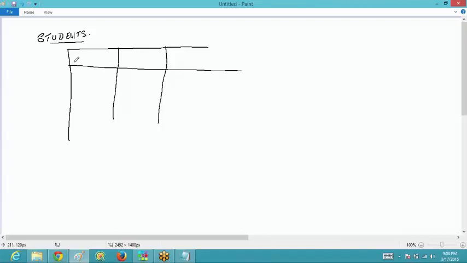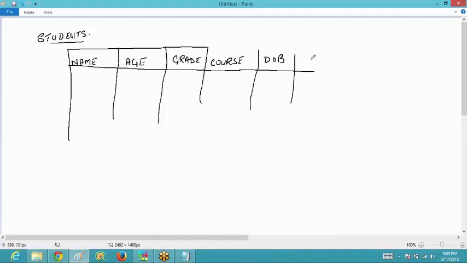Suppose I want the name of the student, then his age, then his grade, in which he is studying, what course he is taking, then his date of birth, his contact number and address and many more things. There are some more columns over here.